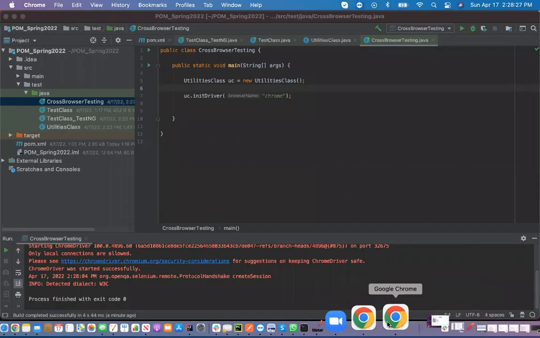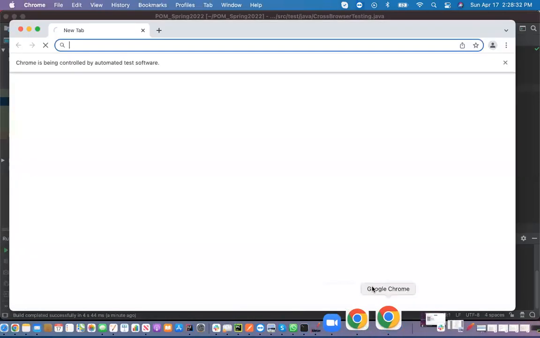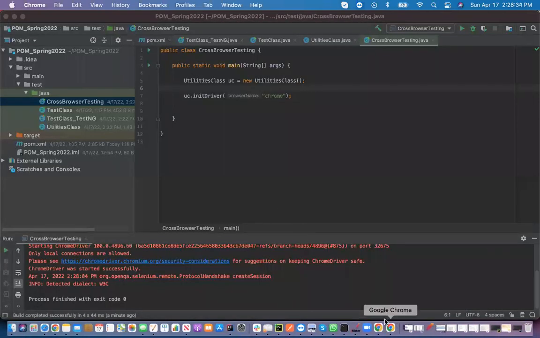It opened and it did not close because I still did not give any close statement yet, right? So I don't see any URL also because I didn't go to the URL steps yet. I just opened the browser and it is working actually, right? So you can clearly see that browser opened successfully, but it did not close because I did not give any closing statement yet. So I want to use other methods also. All you have to do